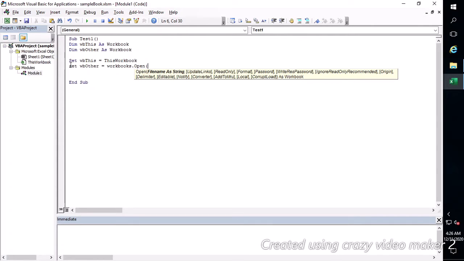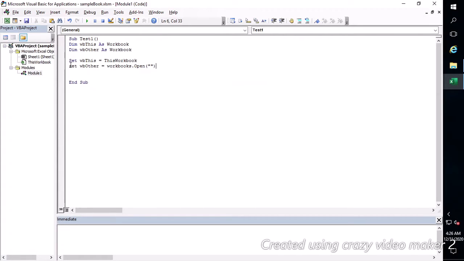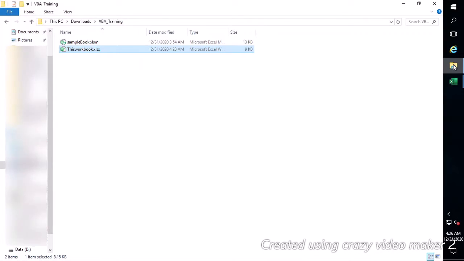Here you can directly hard code the file name, or you can use a variable. First we will use a hard coded value, later we will learn how to pass it through a variable. Now for our case, we have one workbook available here. We will use the path